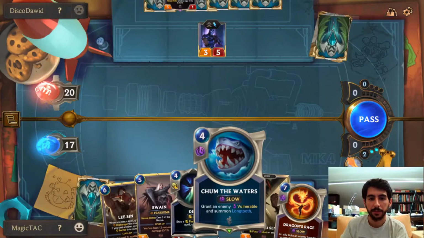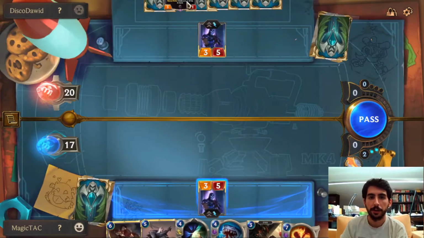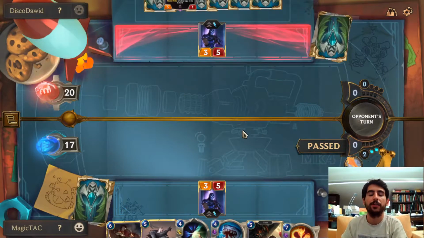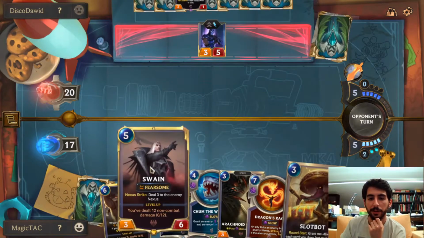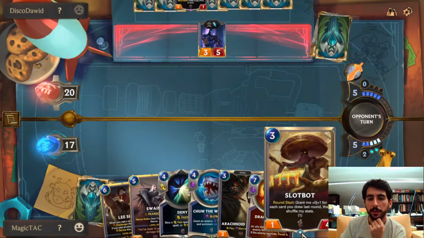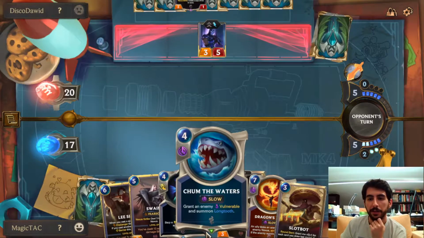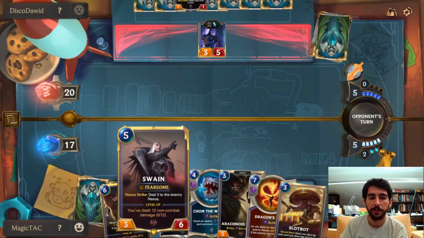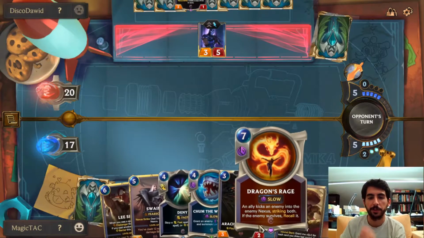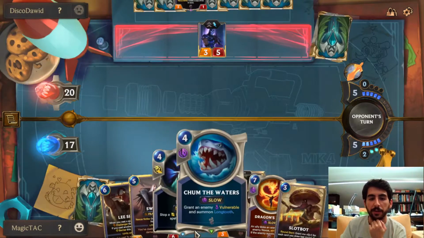But, like, Chum the Waters on the Shen is quite good at some point, so I don't... If he trades, it's actually worse for me, I think, there. So I'm actually just going to probably play the Swain. Ooh, I might play the Slot Bot and the... Do I have enough mana? Yeah, I do. Slot Bot and the Chum the Waters this turn. Then, not worry about the Swain just yet. We don't really have any spells until we have, like, Dragon's Rage. We haven't cast any spells yet, so...